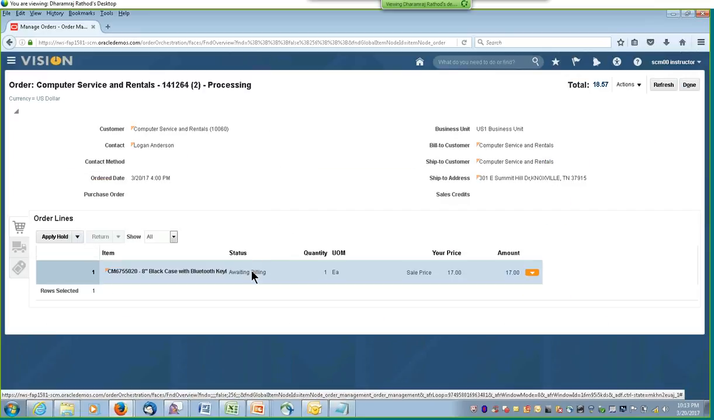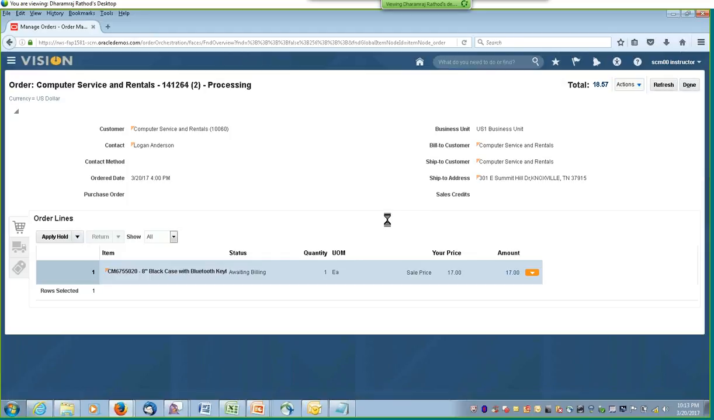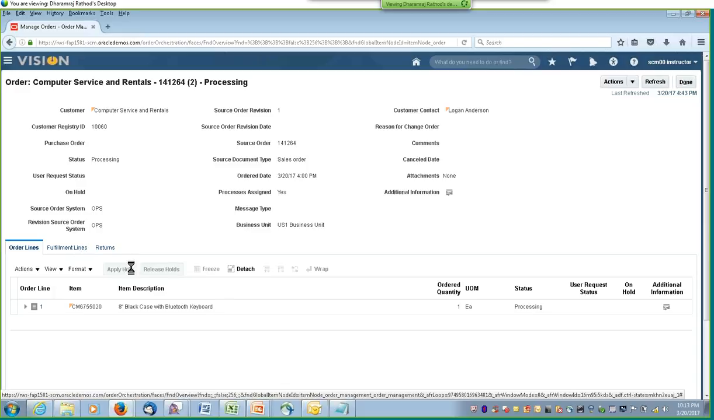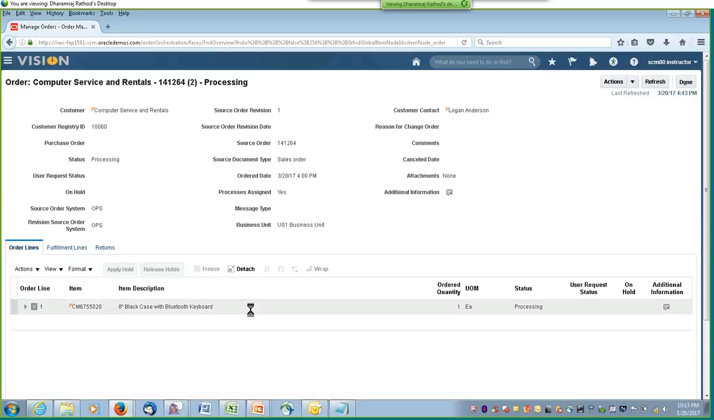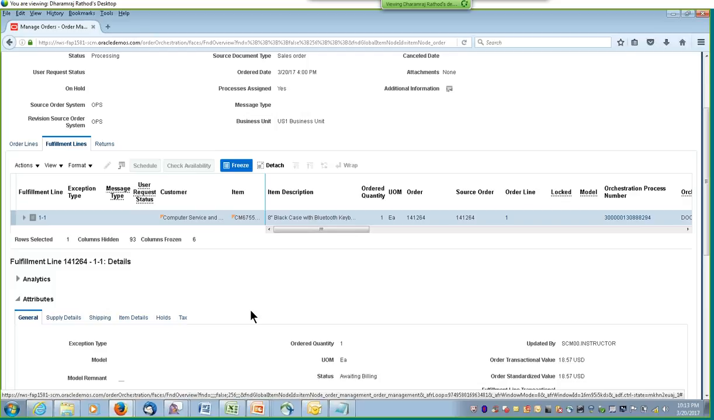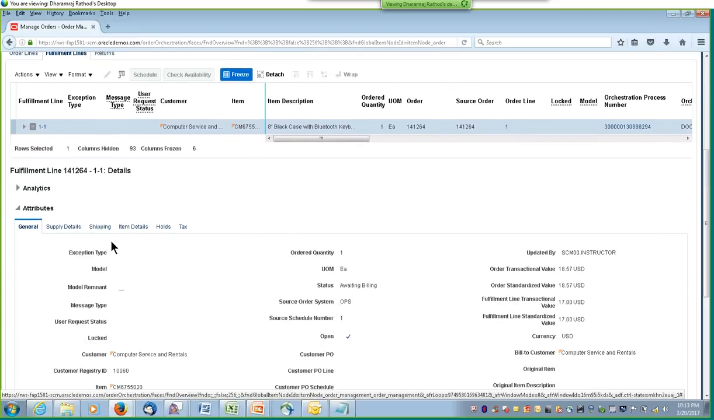So it says awaiting billing, and what you can do is run the auto invoice import within receivables, and then you should be able to create the invoice for this sales order. And if you go back and look at the order orchestration status or the supply order number status,